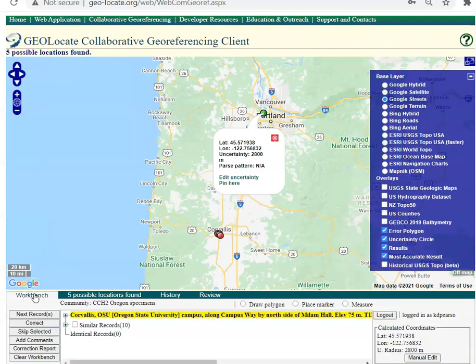Continue georeferencing as before. The values that you start with in the Calculated Coordinates box will be those that you imported, so you can either modify or retain these coordinates moving forward. Always make sure to click Correct to save your work once you've placed your point and set your error radius. And that's how you georeference in Koji.